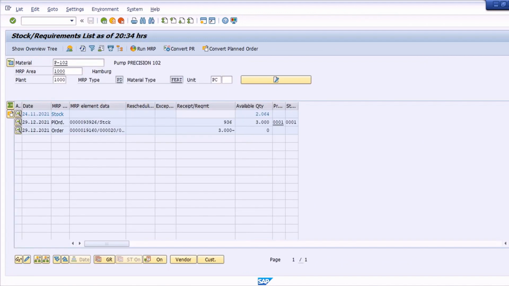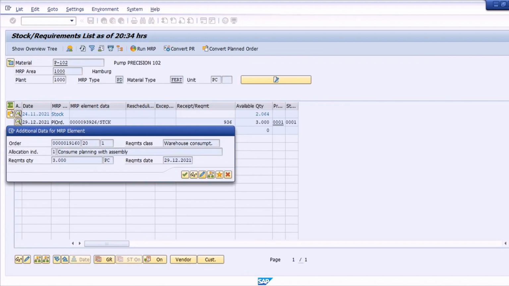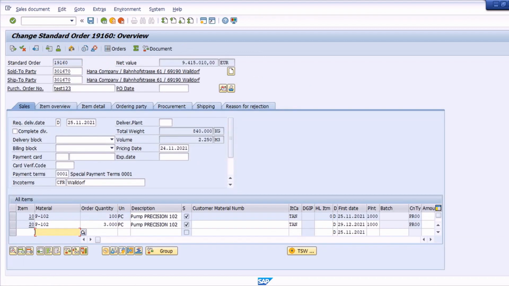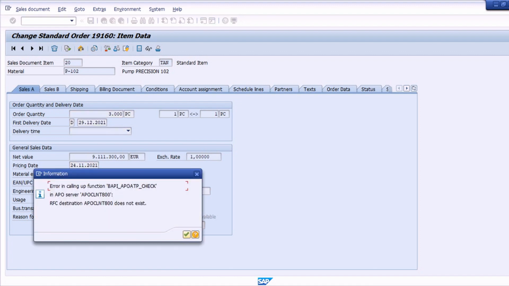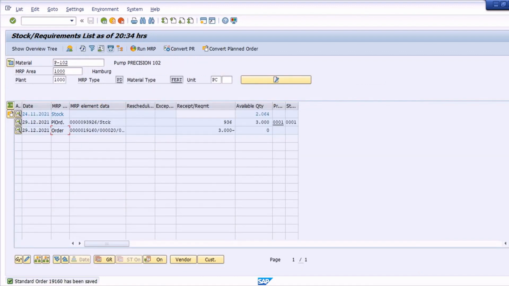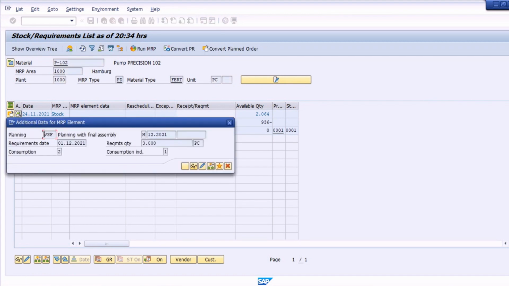So I'm going to delete this sales order for now. And here is my line item 20, so I'm going to create a reason for rejection code. Let me delete this VSF as well.